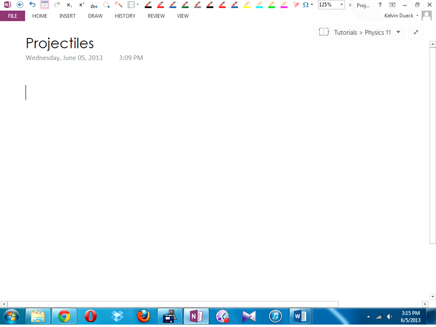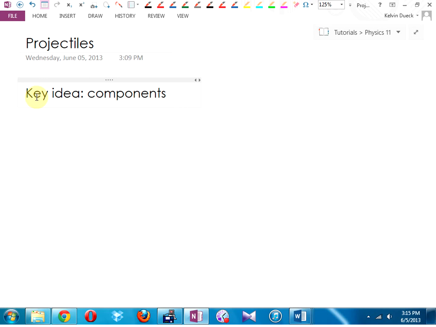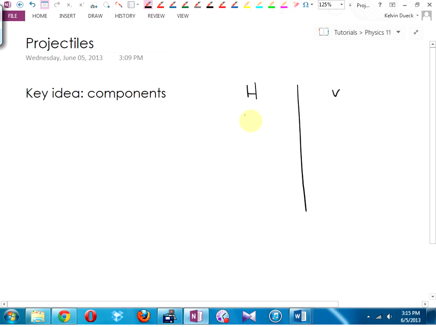The idea: components. What you need to realize is that as soon as I add a sideways motion, right away you're going to break things up into horizontal and vertical. And right away, as long as you're on the Earth, and I won't give you any weird ones like being on the moon, which I did in the homework because I'm a nerd, but not on your test, right away you can say,